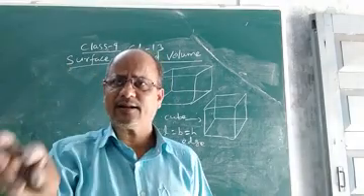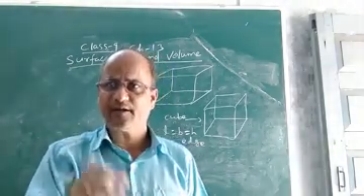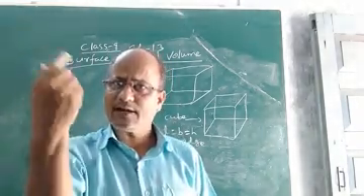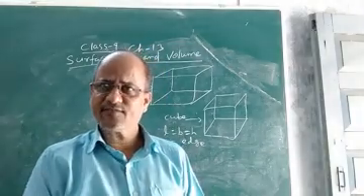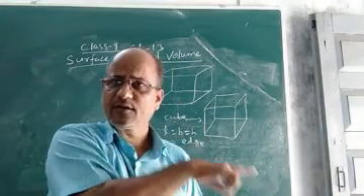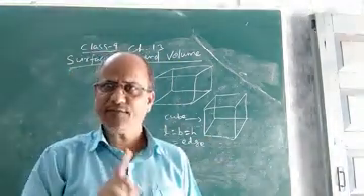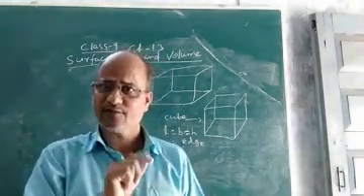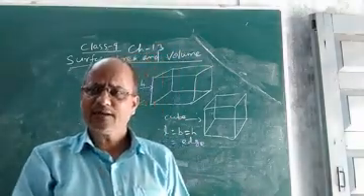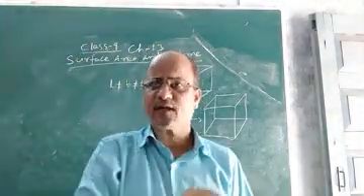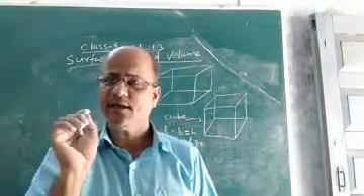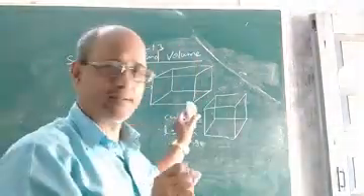We must understand what is lateral surface area and what is total surface area in case of cuboid and cube. So in a cuboid or cube, lateral surface means what? Lateral surface means other than the base and the top, the four other faces, which are rectangles in case of a cuboid and squares in case of a cube. Those four faces are called lateral faces, and hence the sum of their area is called lateral surface area. In the next class we will discuss how to find it.